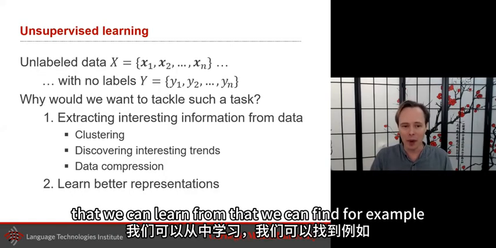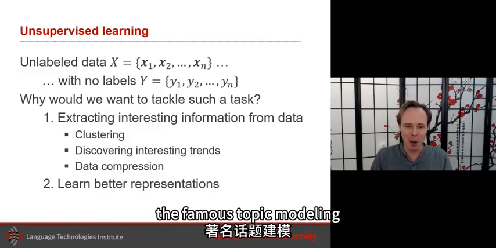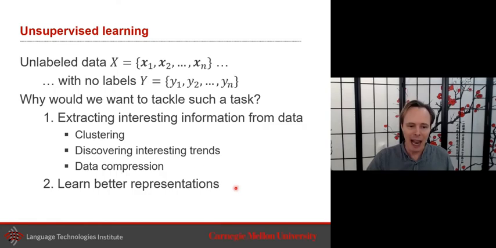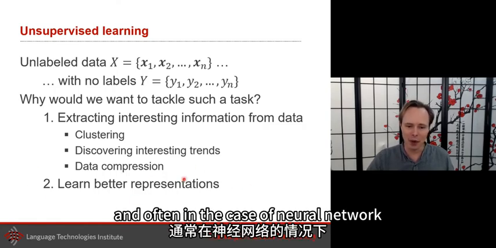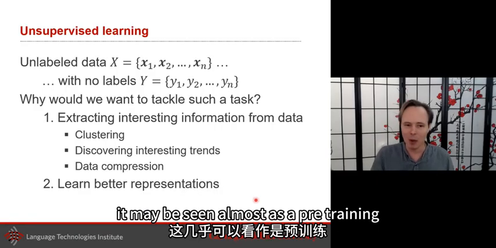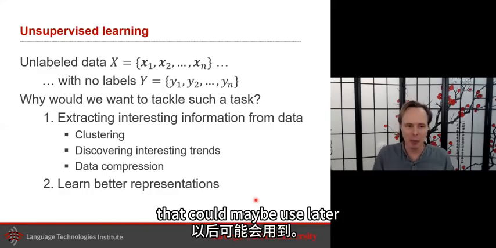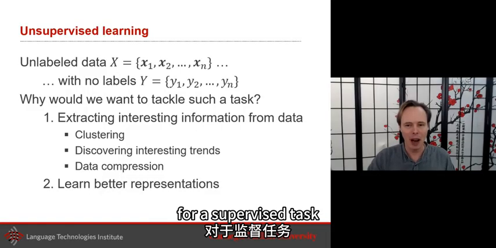We can find, for example, the famous topic modeling. Sometimes it's also helpful for data compression and looking at trends. And often, in the case of neural networks, it may be seen almost as pre-training, using a lot of data to learn a better representation that could be used later for